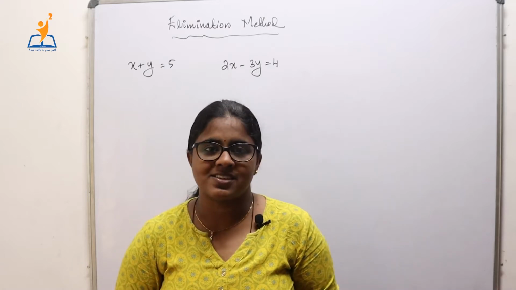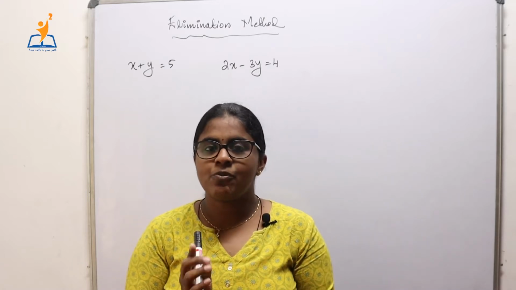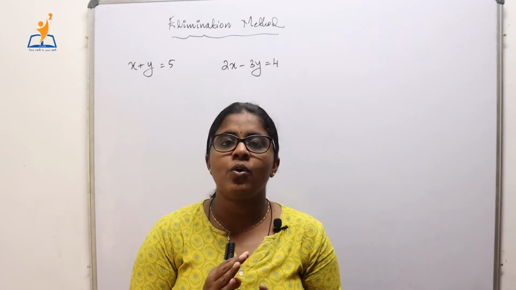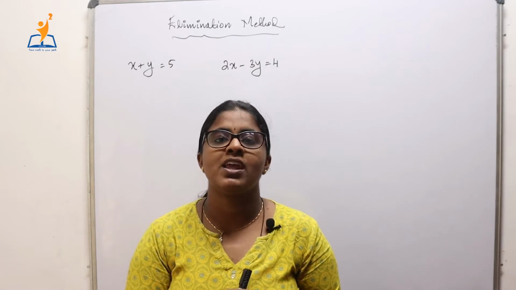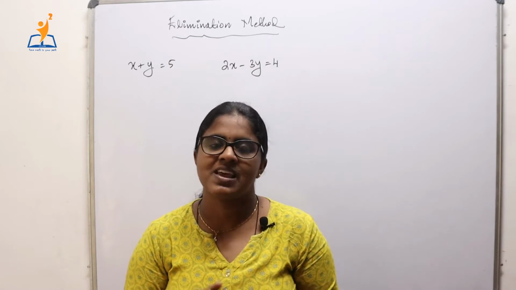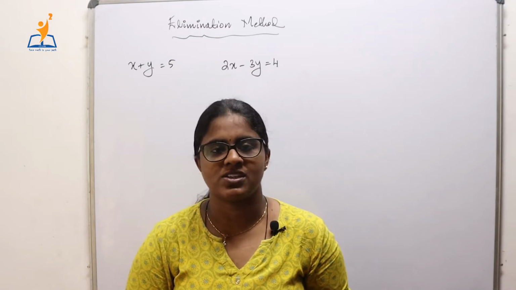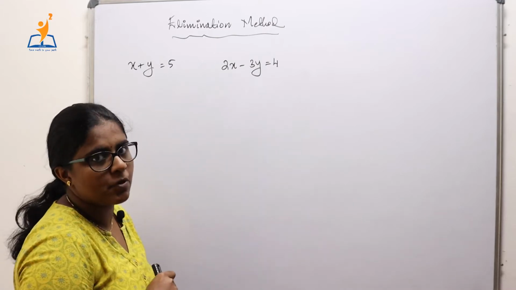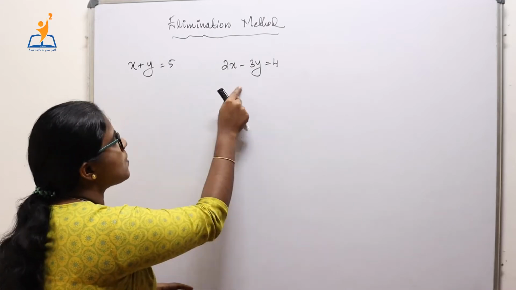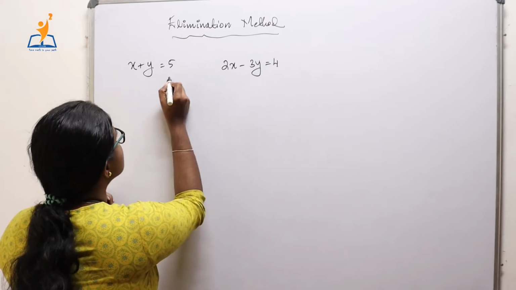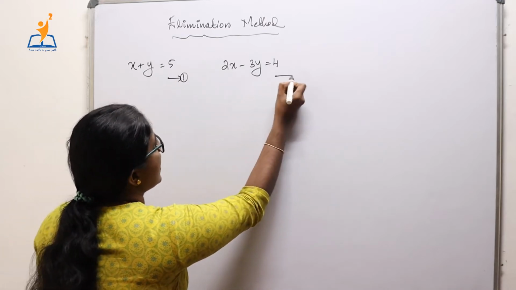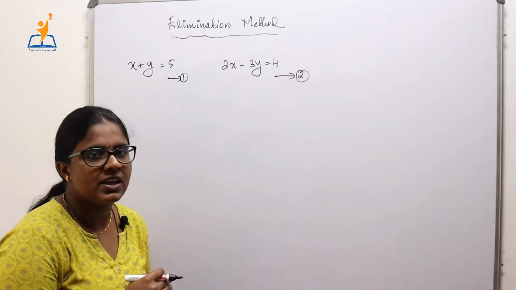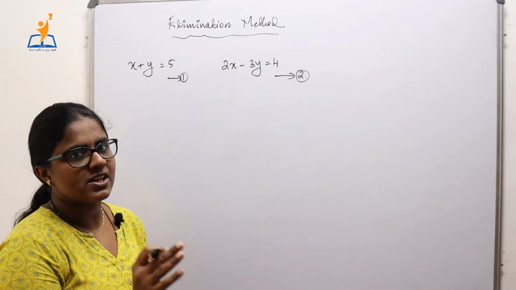As the name suggests, elimination method, the word elimination is highlighted there. In this method, we are going to eliminate one of the variables from both of these equations and hence solve the equation. Now, in detail, we are going to discuss that method using this particular problem. I have to solve this pair of linear equations where this is my first equation and this is my second equation. I have to solve this particular pair of linear equations using elimination method.